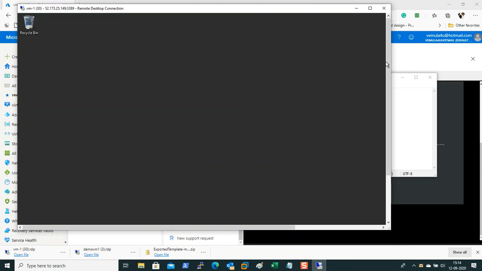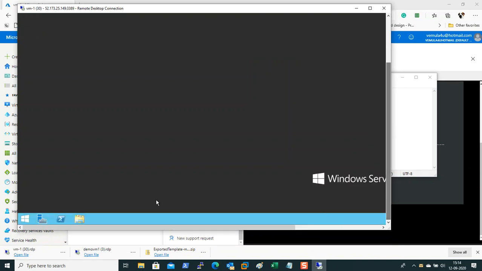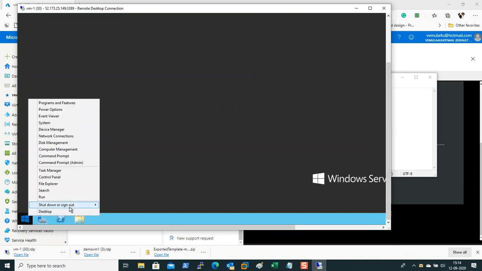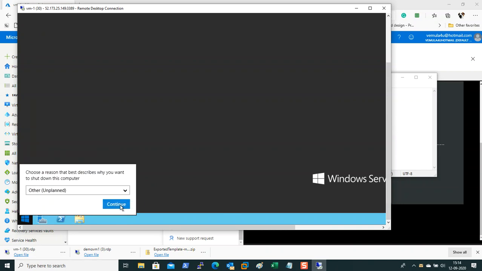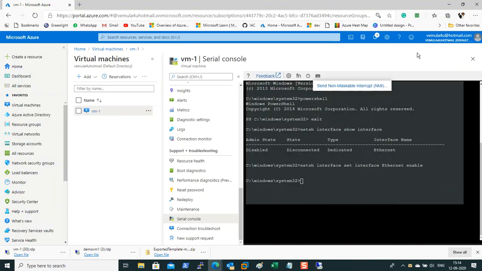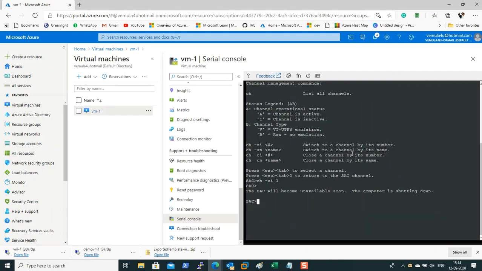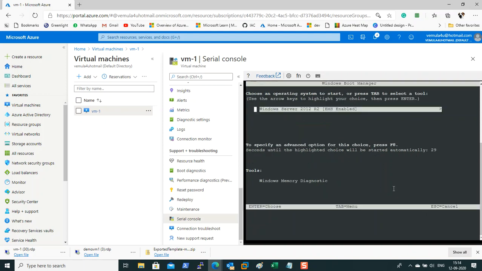So I'll just reboot this machine from here, and let me watch this console. So I lose access to this console now because my VM is getting rebooted.